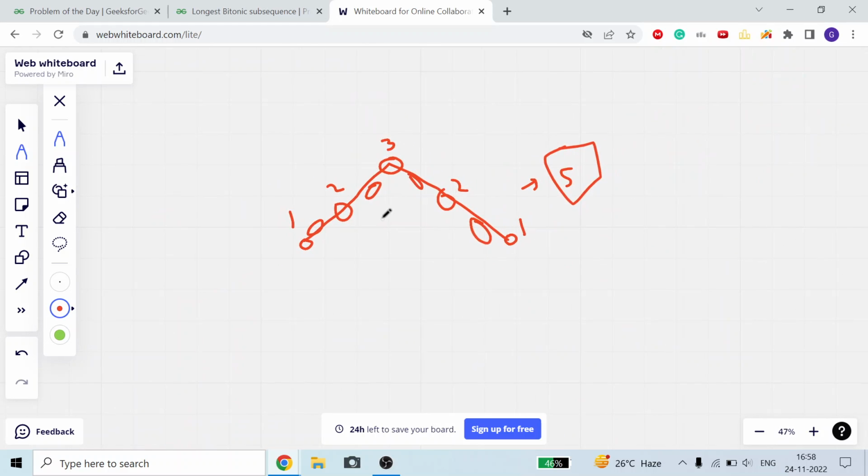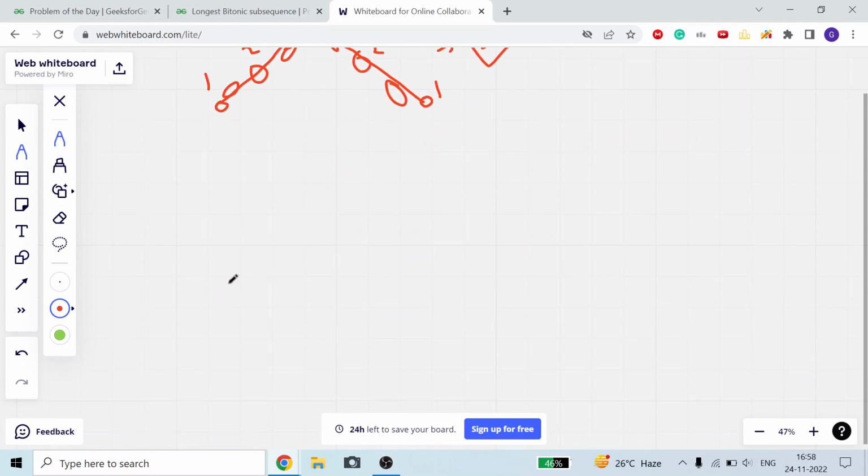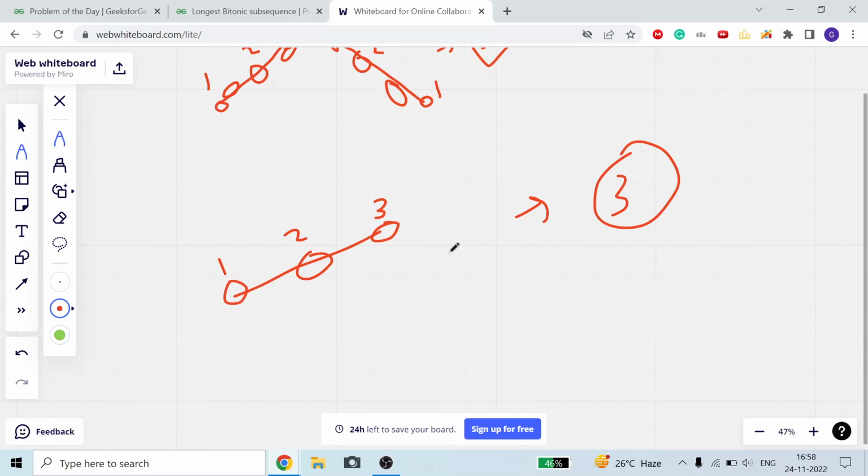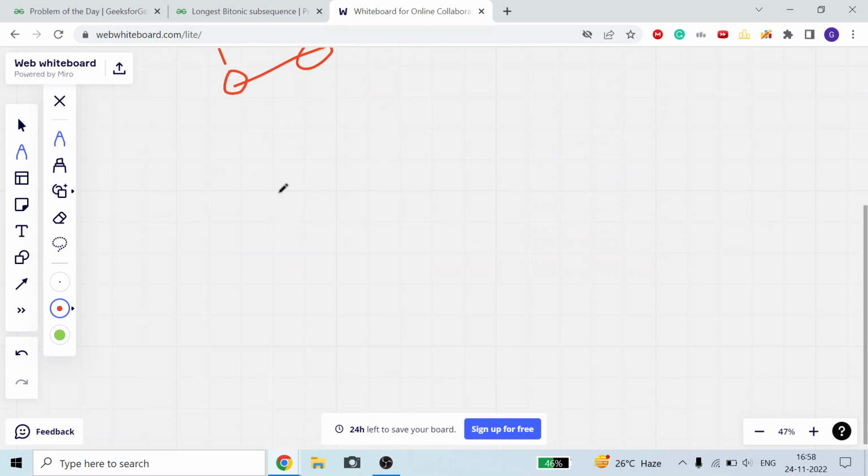Now the second one is starting from here, containing some elements, suppose only 3, 1 2 3, length 3, only increasing. It may be the case, and we do not have any decreasing element. Now the third one, we have 3 elements only decreasing, like 3 2 1 of length 3.